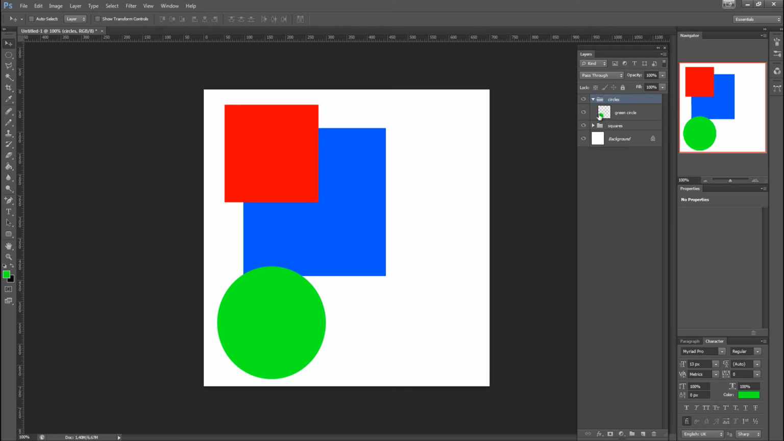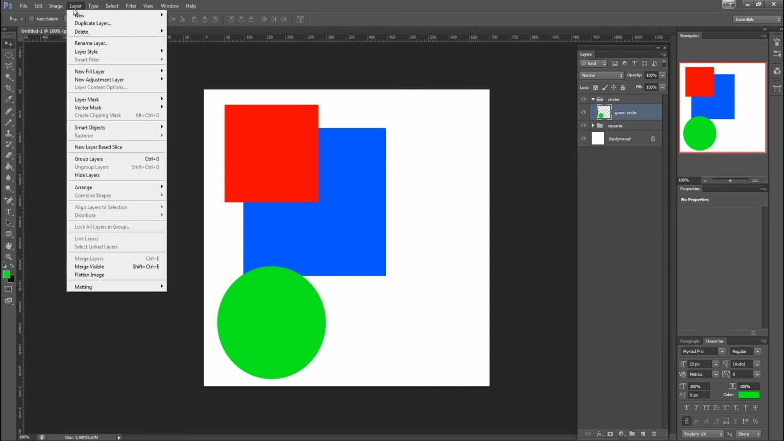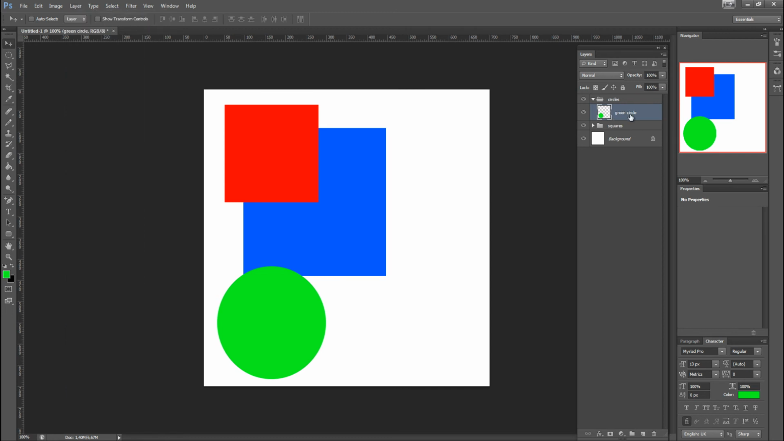But let's say we want to create two copies of this circle, but we don't always want to be making new selections, making new layers and so on. So obviously there's an option for that as well. You can either go to layer, duplicate layer, or you can just hold Control and hit J, and this creates an exact copy of the layer that you had selected. So make sure your move tool is selected and move it